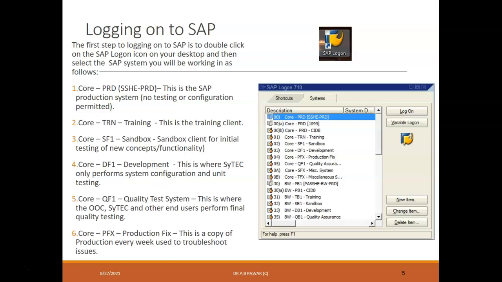In SAP, most of the words are in shortcut format, and these shortcut formats or short words are like transaction codes in SAP. Later on you will get an idea what this transaction code is. See, a transaction in simple words is known as an operation. So when we do any operation, we say it as a transaction.